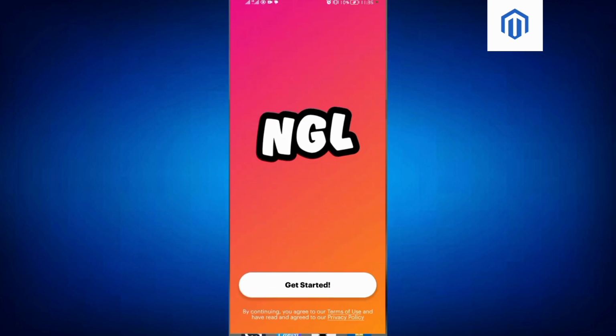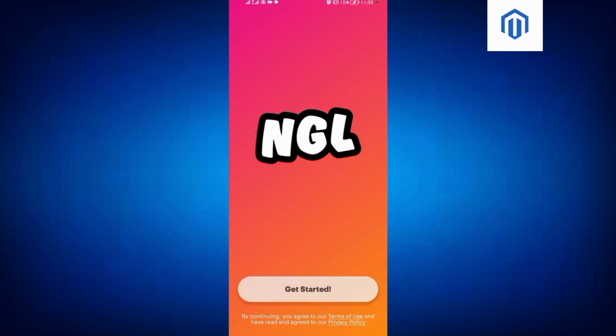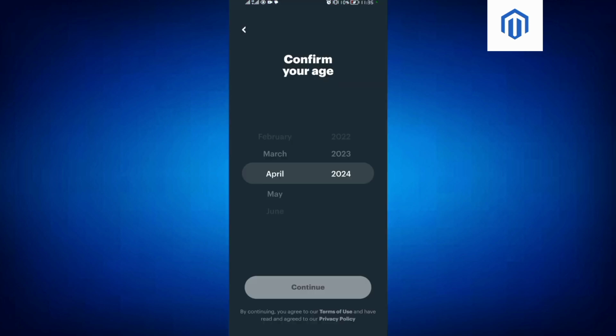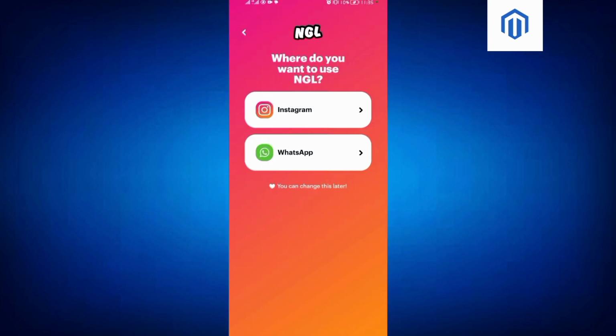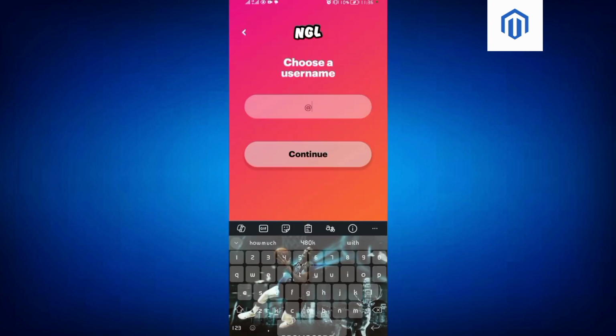So on doing that, just click on the NGL application, click on Get Started, and then this is simple. Just come here, then set your age, the one you set in the old account. In my old account, I set my age as 19. So just click over here and then adjust the years to fit the age you set in the old account. Make sure that you do this critically, then click on continue,